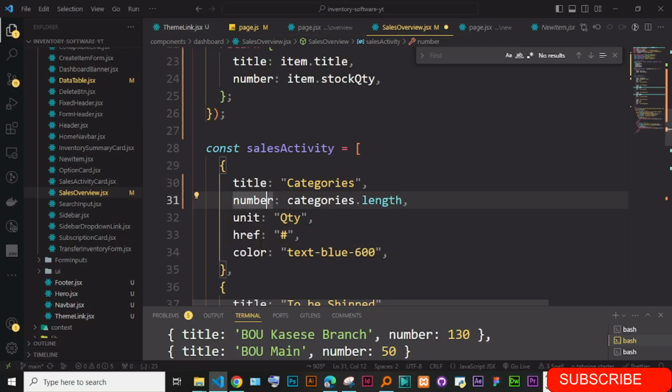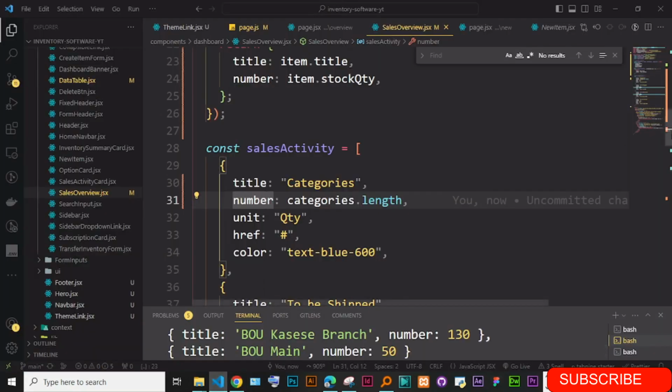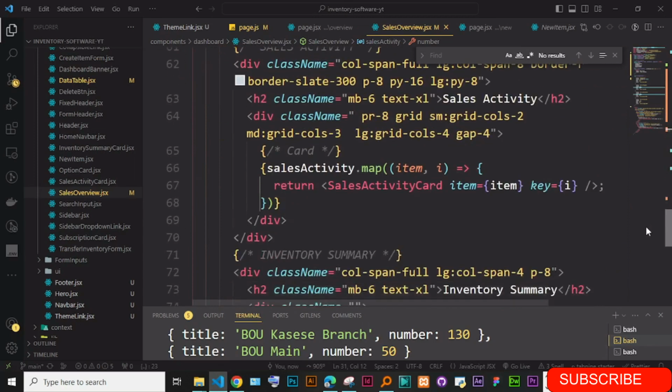Okay, I can just have categories dot length. Let's just see if that one updates here. Okay, so for instance, we have one category. One categories, and then I'm just going to adjust in the design. Okay, for this,